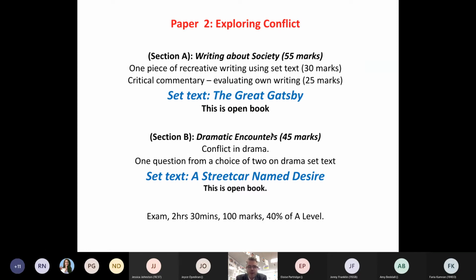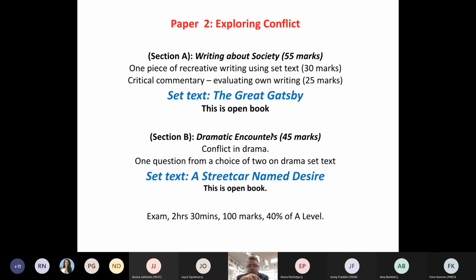Now, the first part of this exam has got the creative writing. This is going to be based on The Great Gatsby, and you will have to do some writing based on Gatsby, a piece of imaginative writing of your own. For example, they might give you a scene from the book and get you to rewrite it from a different character's point of view, or from a different perspective, or to look at it from a different angle. You're going to have to bring one of those stories to life in your own words. And then you actually have to write and analyze what you did.